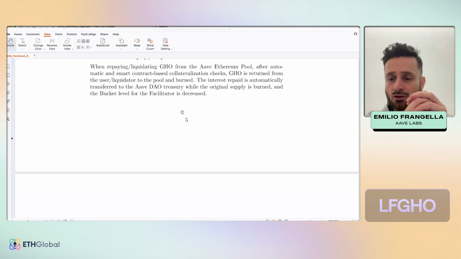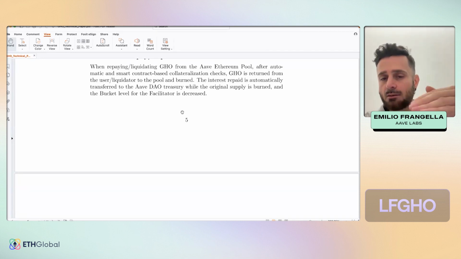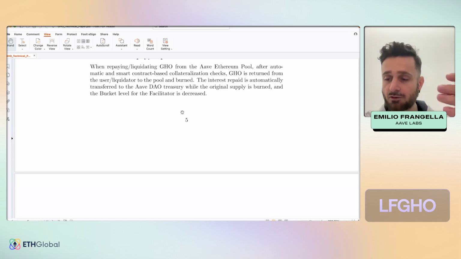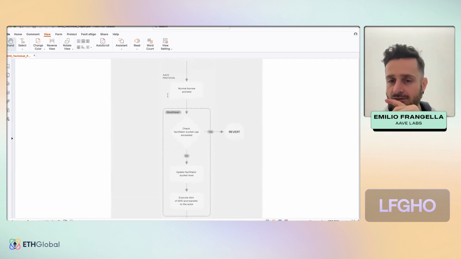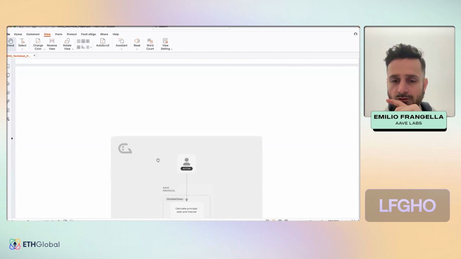This basically allows, in the long term, to maintain the peg of the stablecoin, even though there can be oscillation over the short term. Whenever the asset is below peg, there is an incentive for people to buy back the token and repay their debt at a profit, or for positions to be liquidated for a further profit. And when the asset is above peg, there is an incentive for borrowers to mint more Go and to arbitrage the opportunity that is available on the market. So this is another interesting aspect of the native integration of the Go token with the Aave protocol.